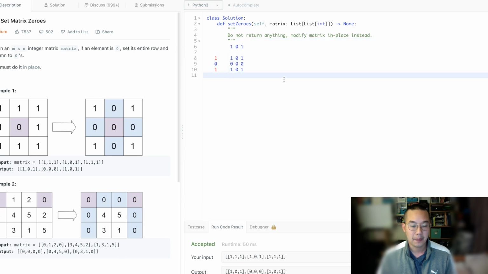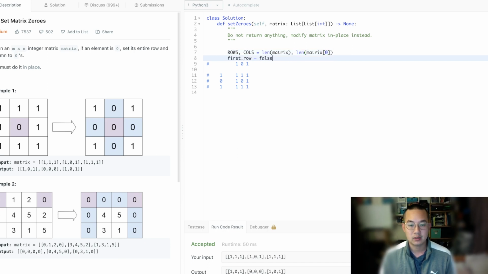So let's code it out and do this in O of one space. So first of all, we need our rows and columns. Then we need our first row, set to false. For R in range rows, for C in range columns,